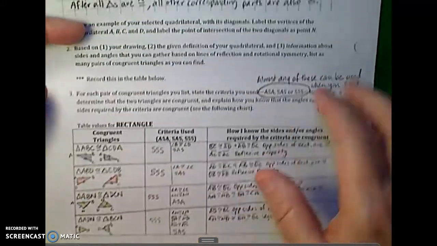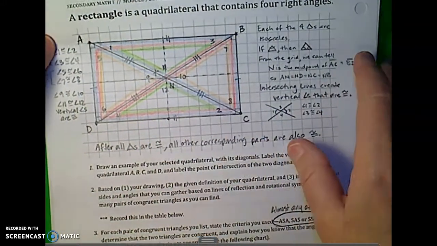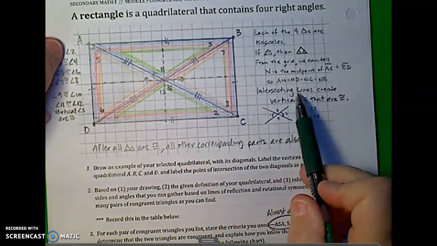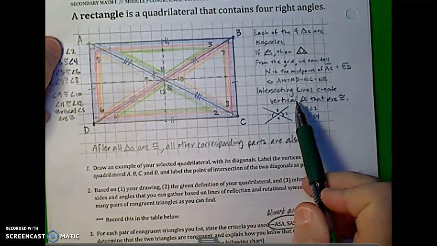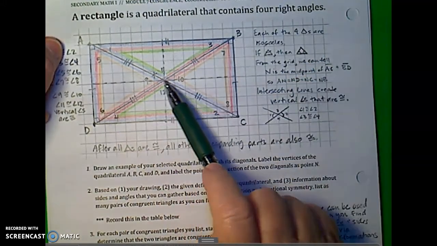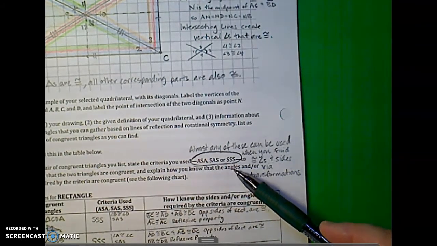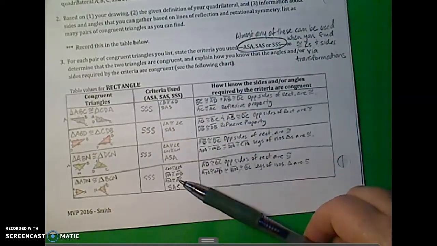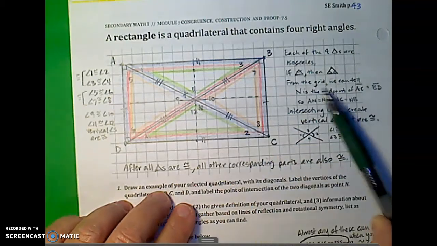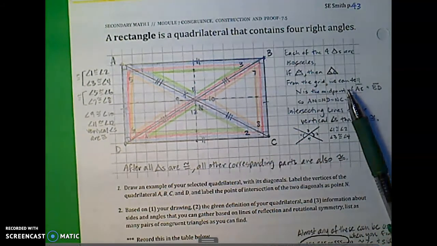The other thing I have noted here is that we have a lot of angles that are congruent as well. We've already talked about some of those, but then also don't forget about intersecting lines creating vertical angles that are congruent. So in that case, angle 11 and 12 are congruent, angles 9 and 10 are congruent, and that introduces basically the idea that almost any of these theorems can be used to prove these triangles are congruent. Added a few extra ways here, and hopefully you can follow along, like side, angle, side, and see that that works. All right, good luck with the